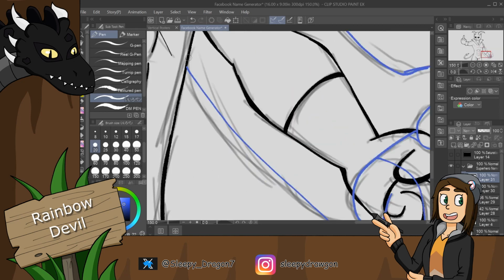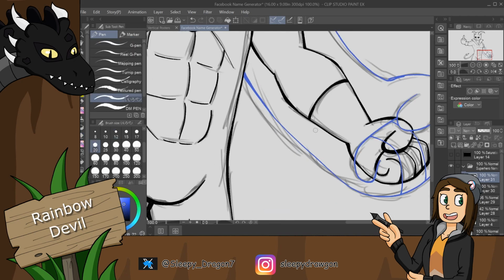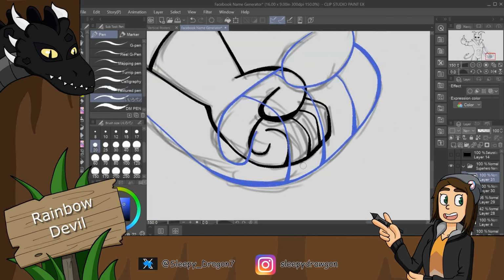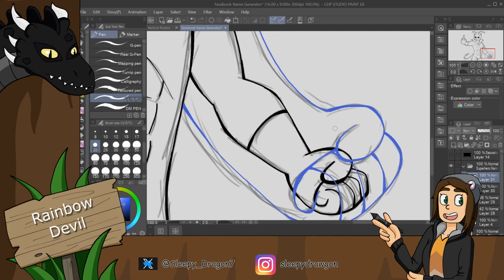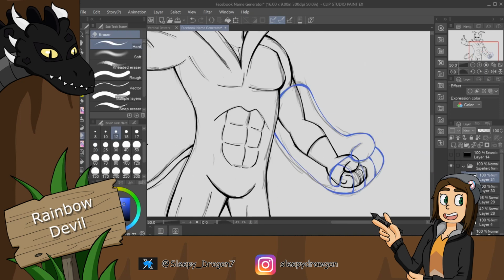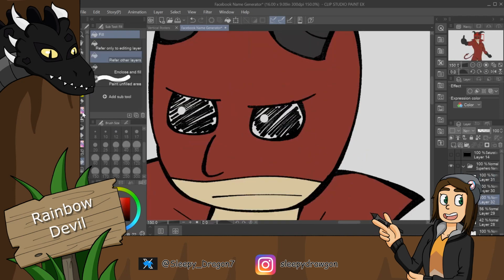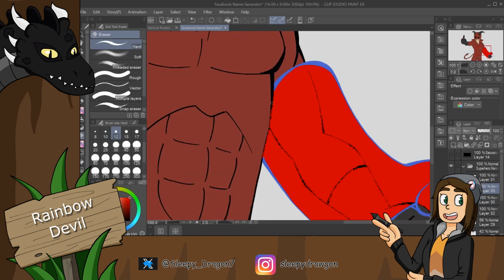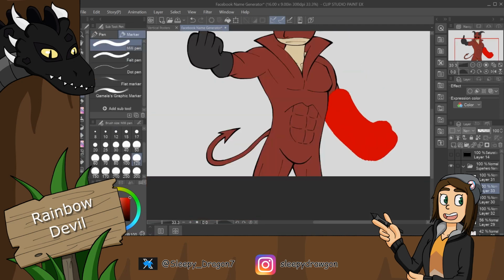figuring out his power, because right now we just got Devil, and his name is Rainbow Devil. So I really thought it would be funny if you could make like rainbow fists and rainbow punches. Rainbow fists and rainbow lasers. I thought that would be really good, but like, he's a total edgelord and hates the fact that that's his superpower. So he gave himself like a devil